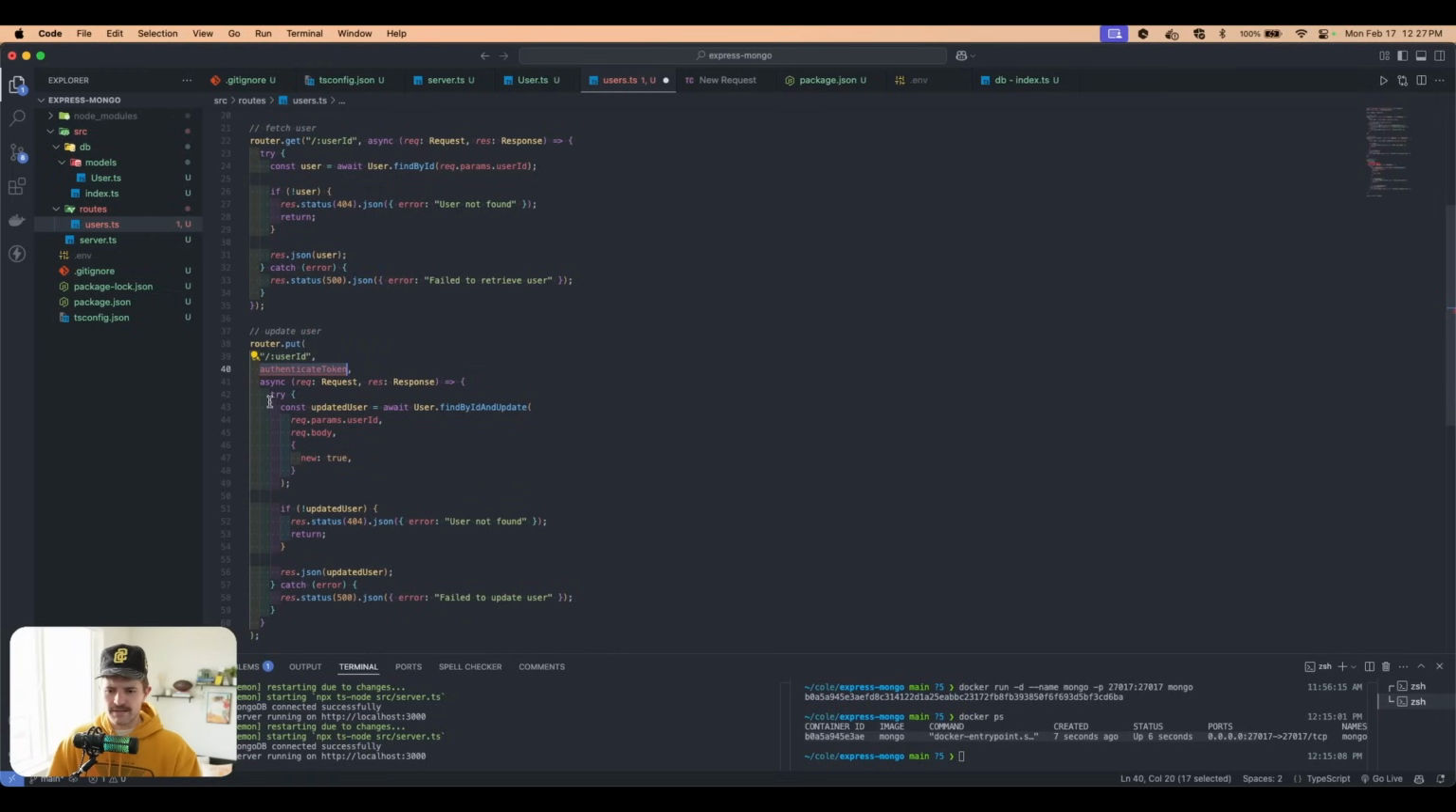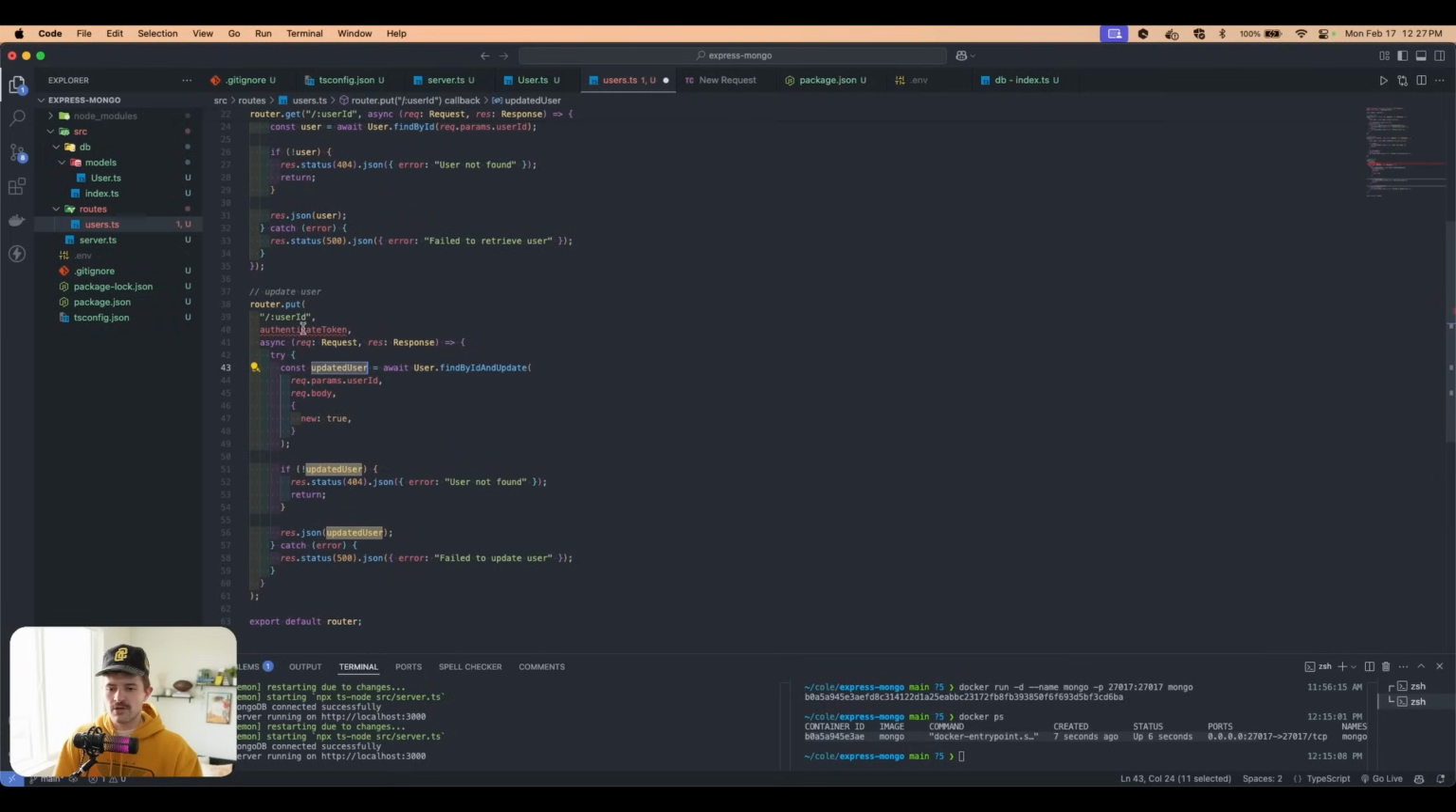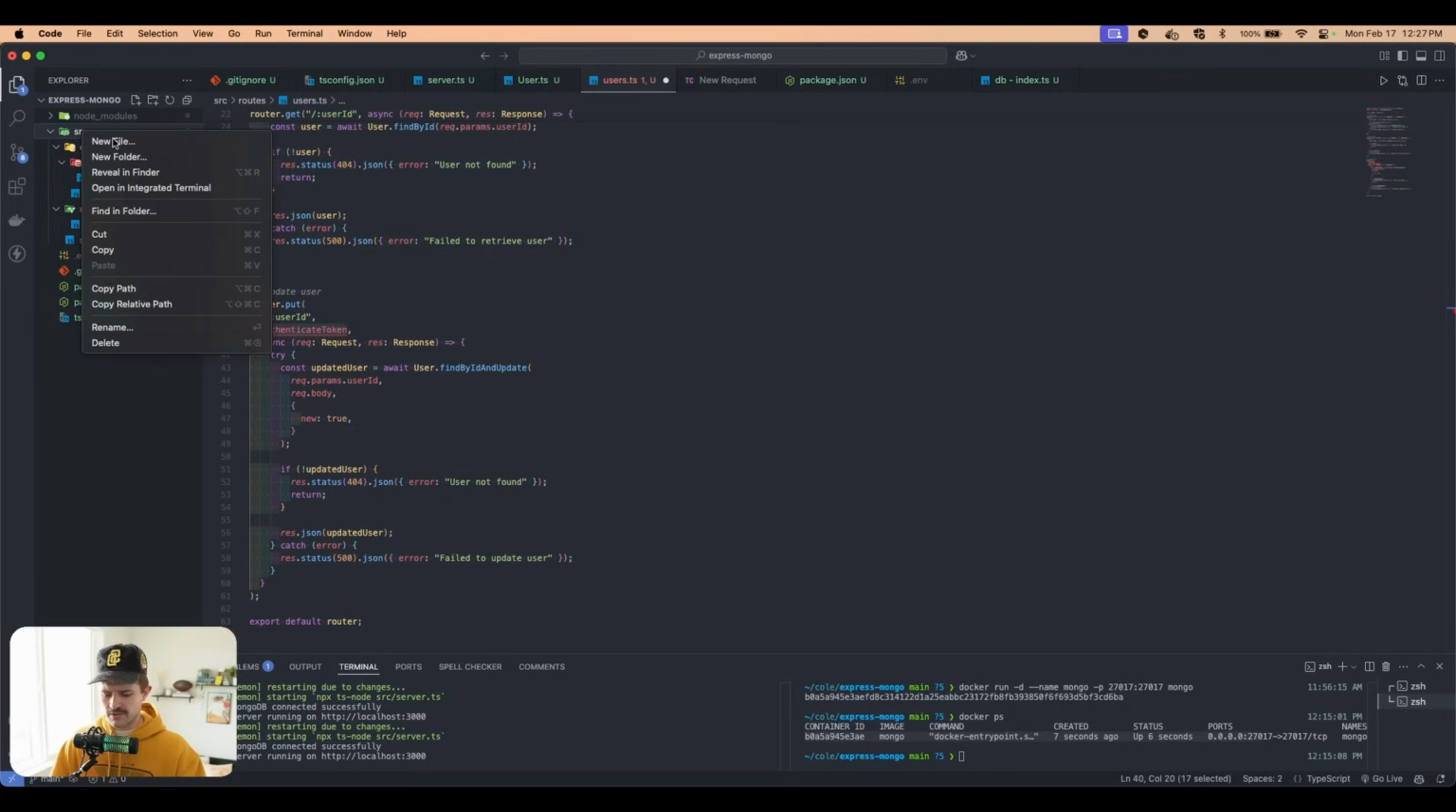So we'll write that in a second, but you can see in here, we're using User.findByIdAndUpdate. This is all just very straightforward stuff. We have this new set to true, so we're getting the updated user, and then we're just returning it. So what we need to do is write this function right here. So we're going to come into source, and we're going to say middleware